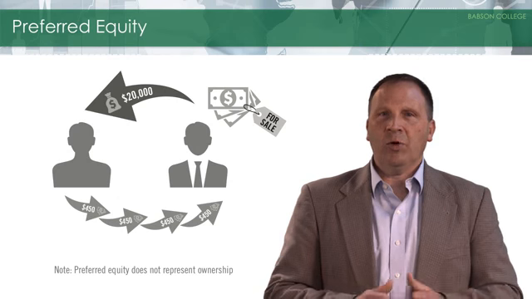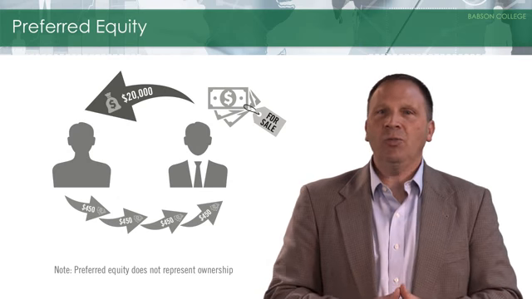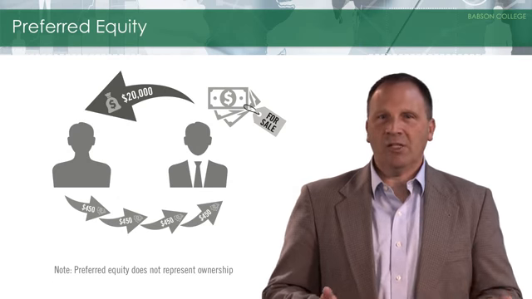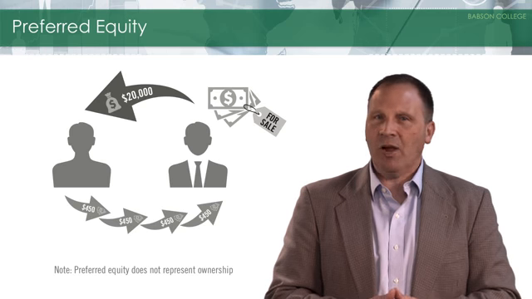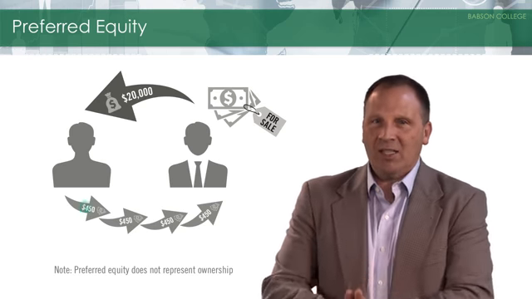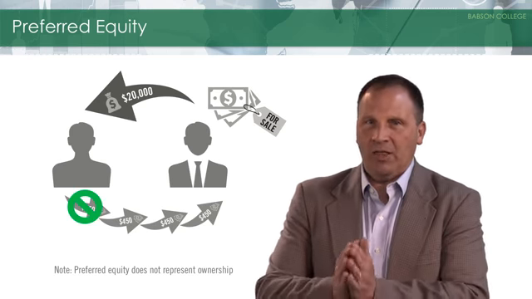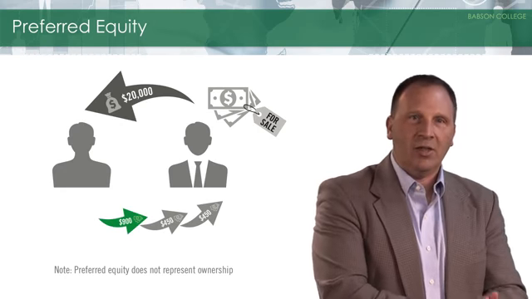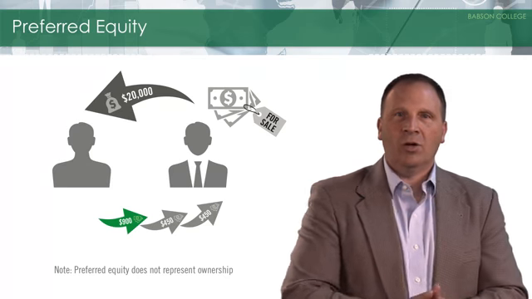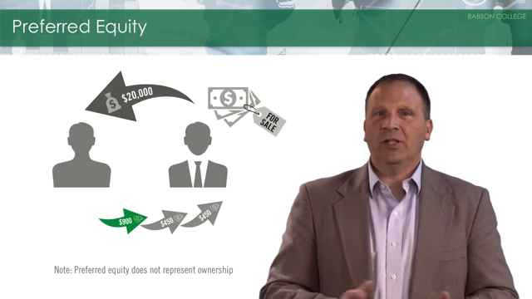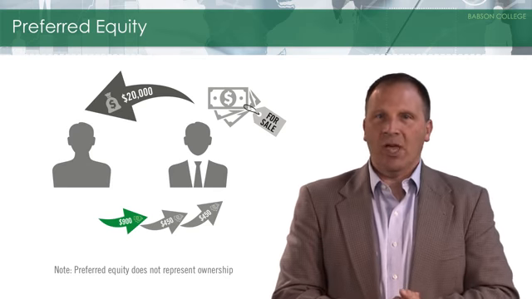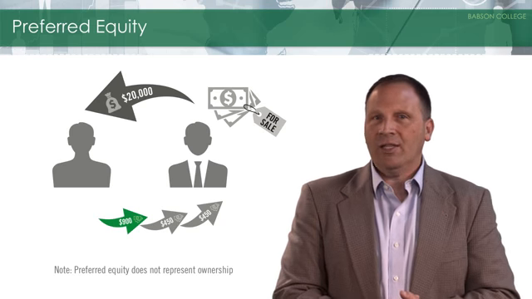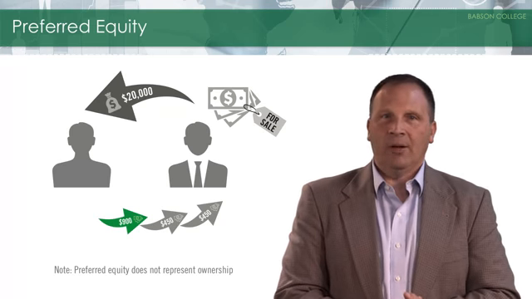Also, most preferred equity arrangements are what's called cumulative. This means that if your business is running low on cash because you're busy trying to grow, you can choose not to make the $450 payment that quarter, but then you need to add that payment to another future payment. In other words, you have the flexibility to delay these quarterly payments. So not quite like debt, but not quite like equity either.